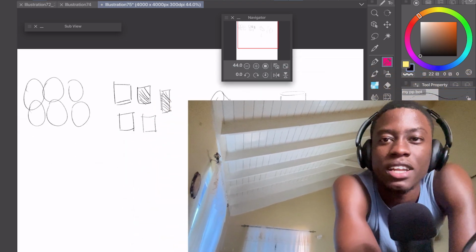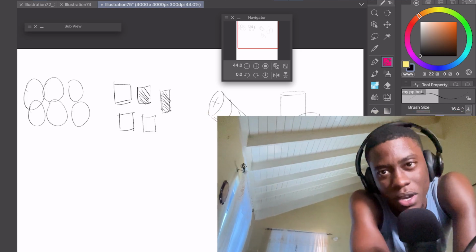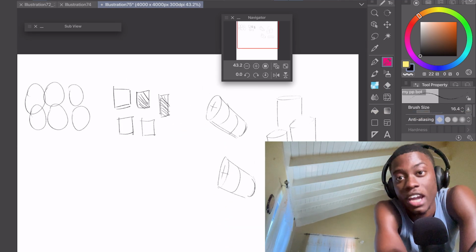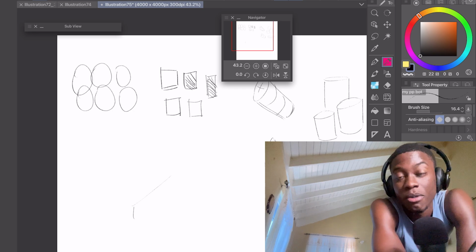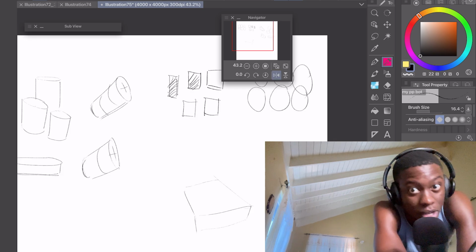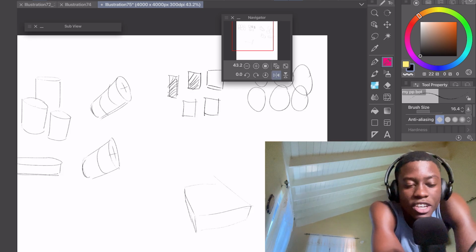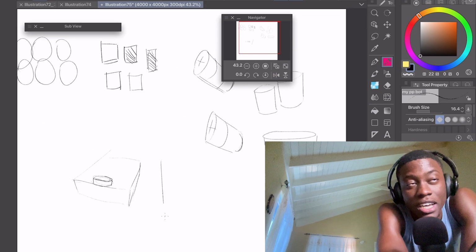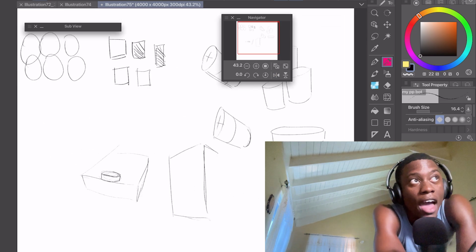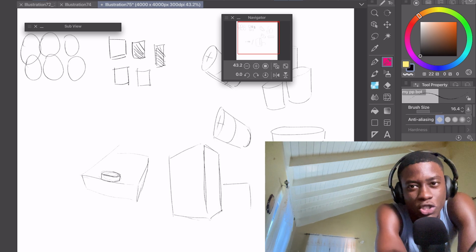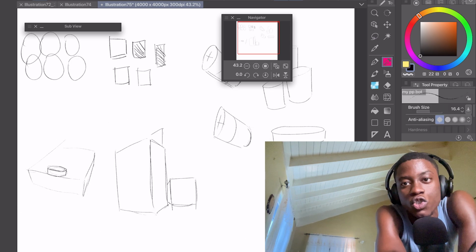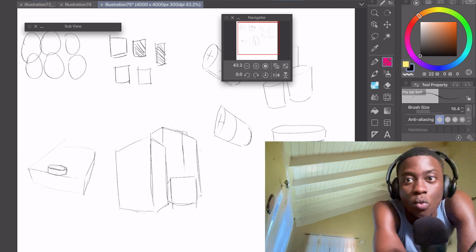So let me break it down a little bit easier and simpler and quicker. So pretty much what I was trying to say is that you have two types of shapes: organic shapes and geometrical shapes. Geometrical shapes are based more on mathematical principles. They're more even. Organic shapes are shapes that don't really follow those mathematical principles. They behave differently. And the point of me bringing up both those shapes was simply to say that a combination of both these shapes is what you are going to be using in order to create whatever you want to